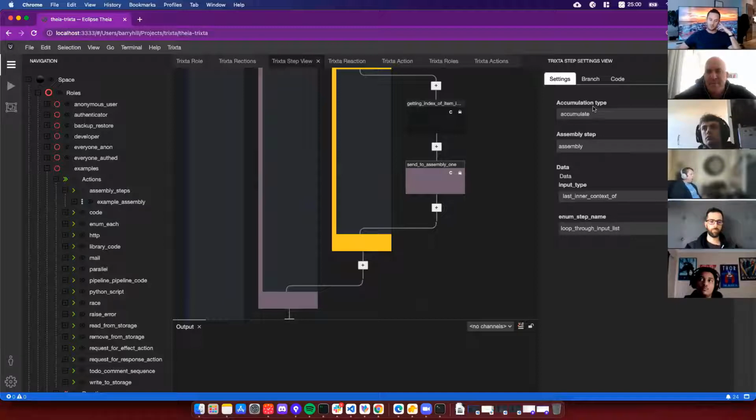So when you build a step in Trixta, you can create a schema which defines the shape of the input for this particular step, which is like a function. And out of the gate, this IDE should generate a user interface for you. And I hope to bring in a concept of presets so that you can browse a couple of ones that the step author or your company has already created, which you can apply to that step,